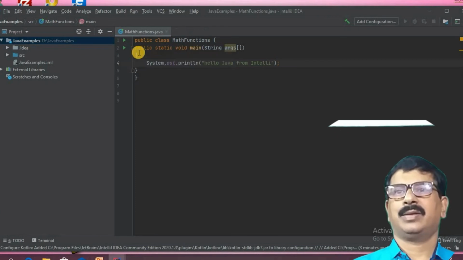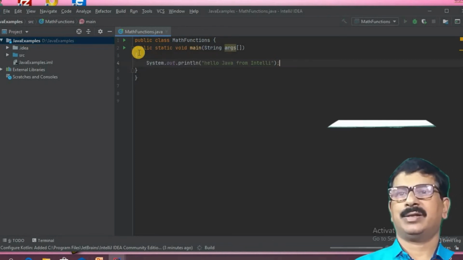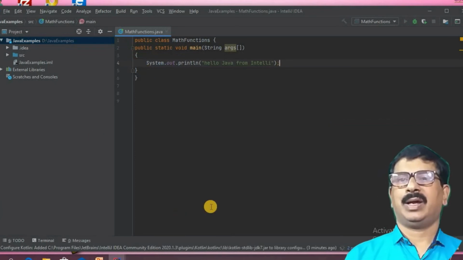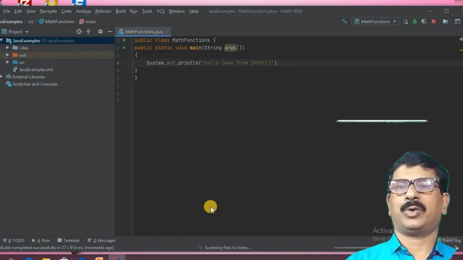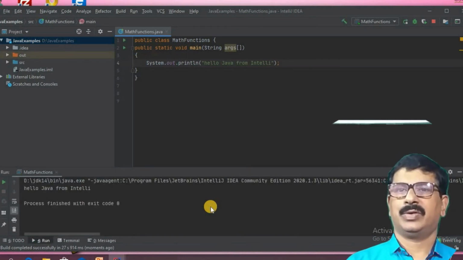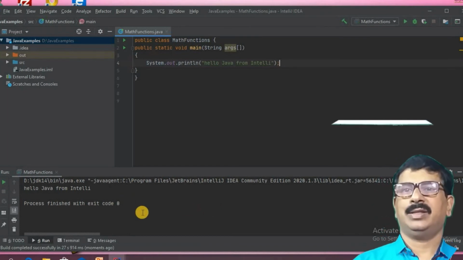Then click the run button which is in the margin. Then it runs the Java program and it shows the console window at the bottom. Just observe it. Okay, now you can see hello Java from IntelliJ in the console window.